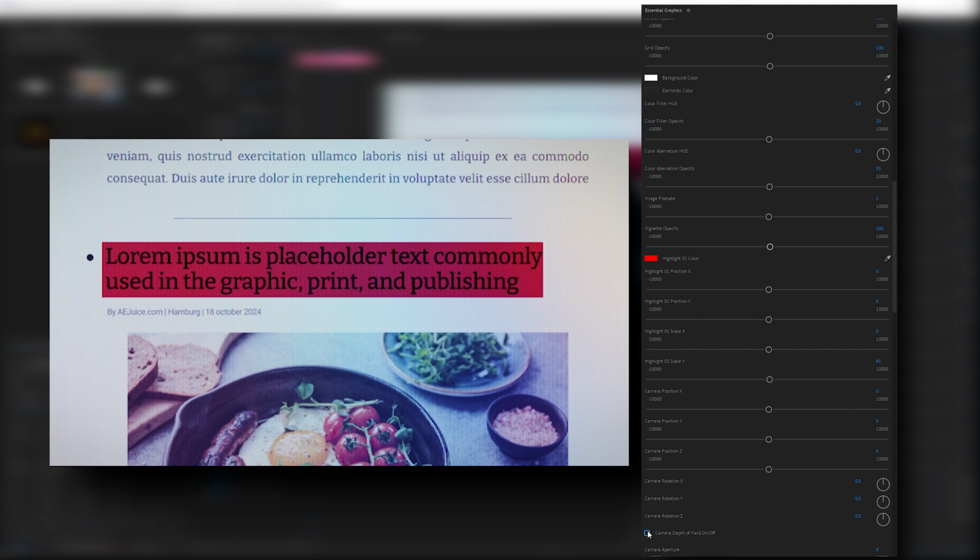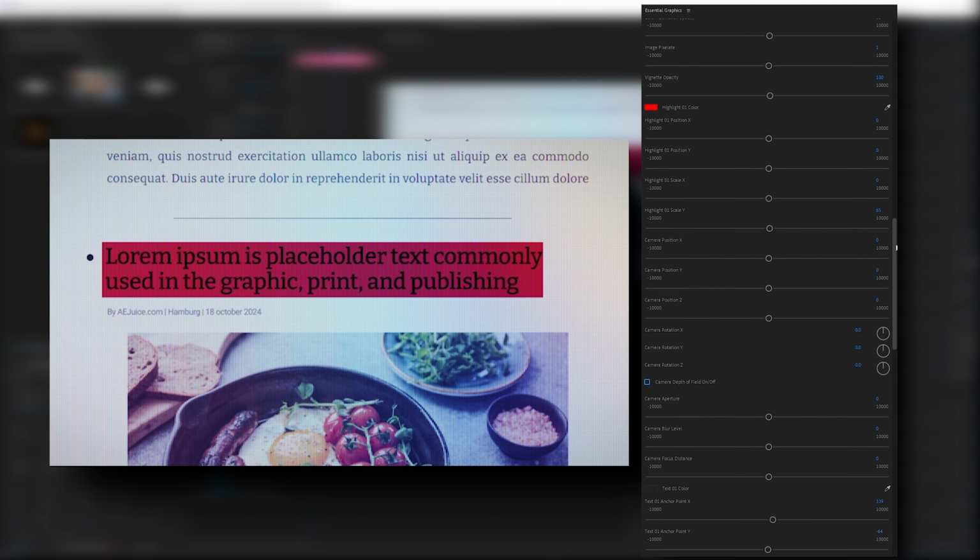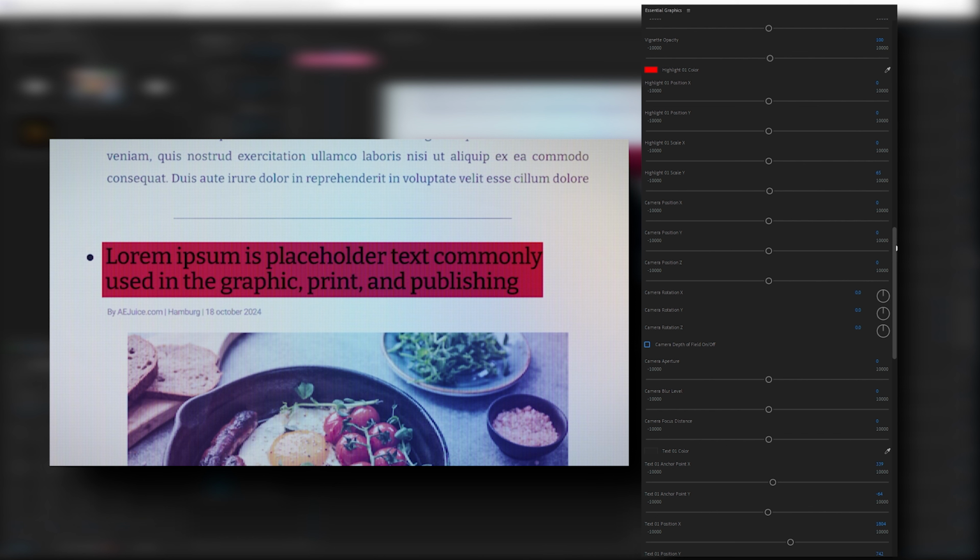Now you can choose to turn the camera depth of field on or off. Now this can look pretty good depending on what your situation is, or it might not. It also will require a lot more computer resources, so I'm not going to let it load. I'm just going to leave it off just because it takes a lot of computer resources. So just be sure that you have a decent computer if you want to be able to play it in